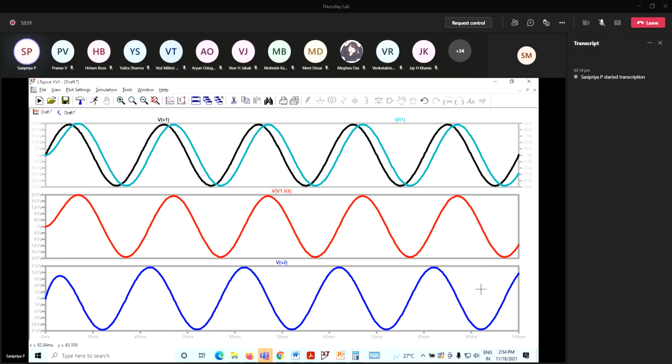All of you, please note down how to measure the phase difference. Okay, you may forget the procedure. Write it, and when you're preparing your observation, this procedure you need to write.